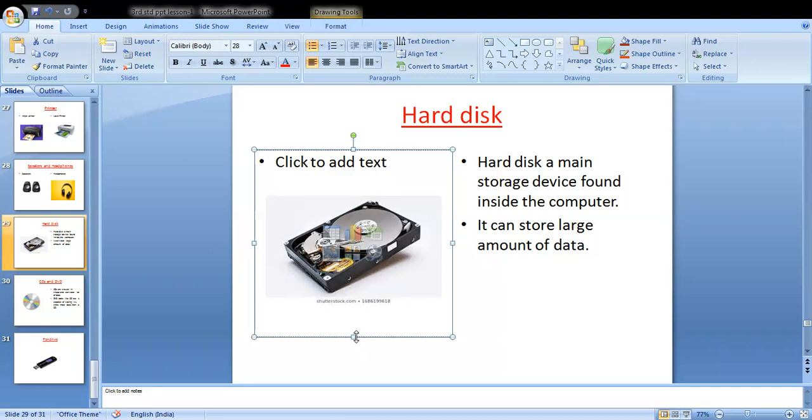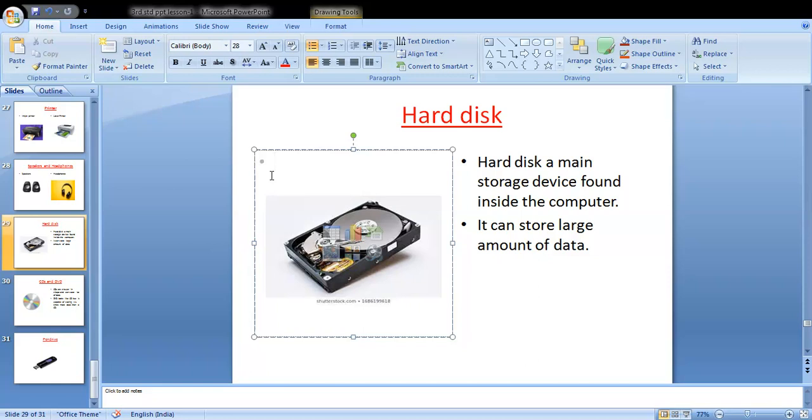It can store a large amount of data. Large amount of data means a lot of information you can store in the hard disk.